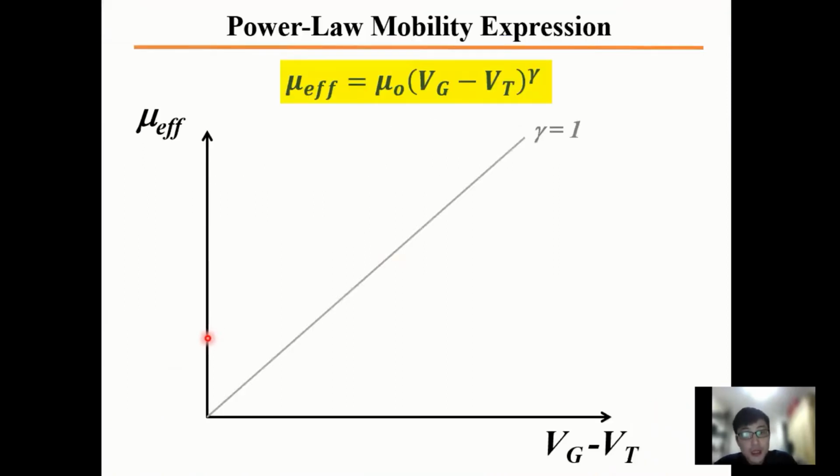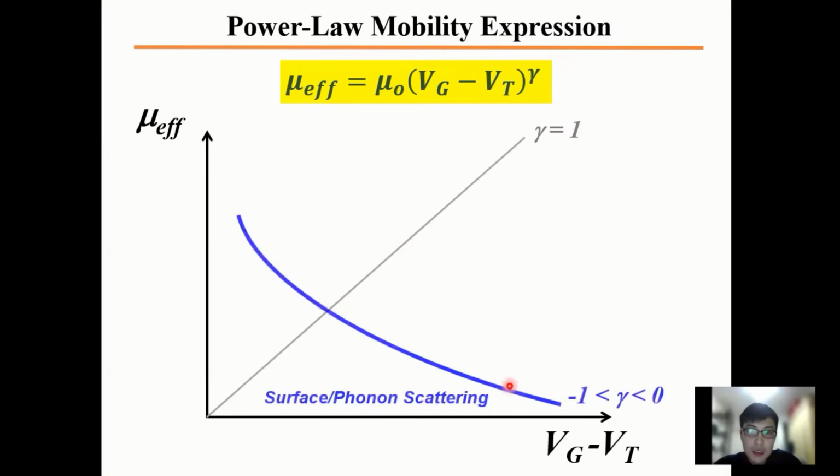So before we jump into the extraction procedure, one of the most critical aspects is to establish a universal mobility expression. So we take this power law mobility expression, and we believe that this could be a universal expression for mobility. And this is because there's a control factor over here, which is the power term gamma at this part. So if gamma is equal to 1, then basically mobility is a linear function with respect to Vg minus Vt. If gamma is a negative value between 0 and -1, then basically the